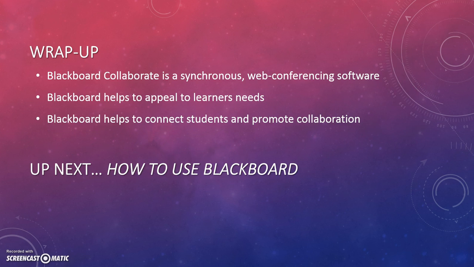So in this short little presentation, we simply went over what Blackboard Collaborate is, and it's a synchronous web conferencing software that really promotes communication among students and has an array of tools to use when using this platform. We also talked about how Blackboard Collaborate helps to appeal to the needs of learners, such as it encourages accessibility, mimics face-to-face environments. It really encourages student-to-student work. It limits any scheduling conflicts that may occur, and really provides a great support system for students